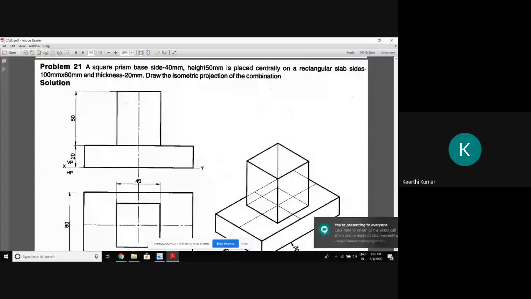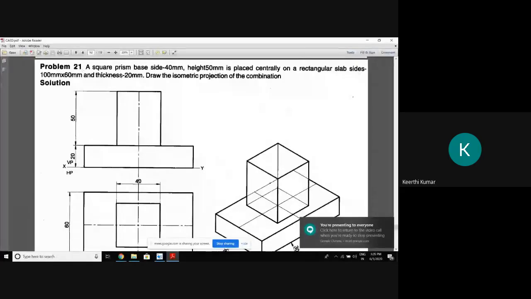Okay. See, I'll give only one assignment by Thursday. You have to show me and submit that assignment. Check out problem number 21. I'll give a hint on how to solve it, and you try to solve it later. Problem number 21 I'll present now. Can you see problem number 21? Yes, sir.